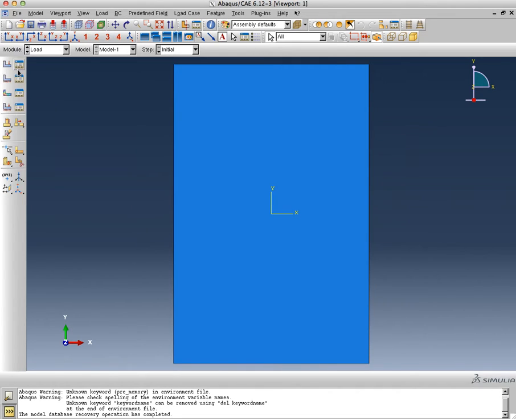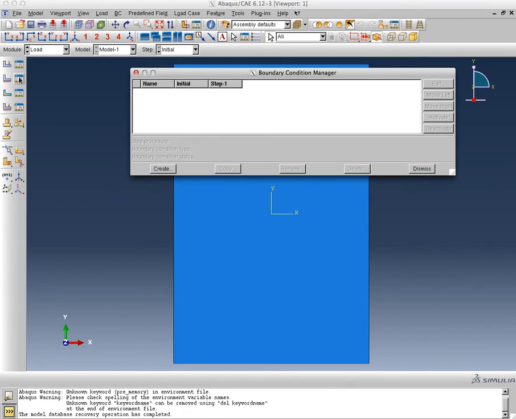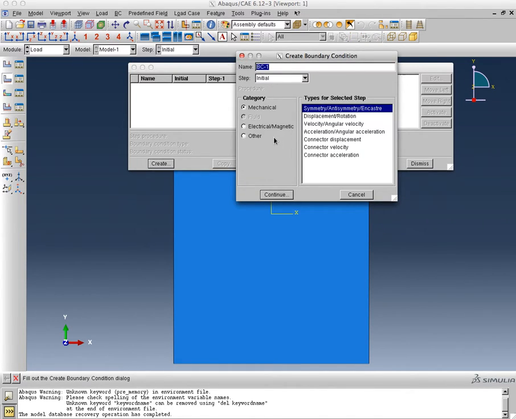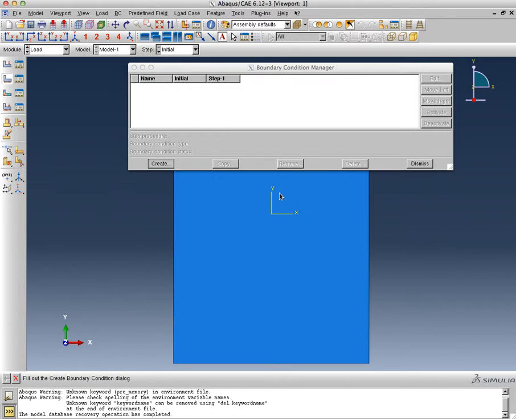In this module, you can specify the loading, and you can also specify the boundary condition. So let's start with specifying the boundary condition. I'll click on that icon and say create. And it's asking me what type of a boundary condition do I want. I certainly want a mechanical boundary condition, and it's going to be one on displacements and rotations. And I'm going to pick the bottom edge. It's asking me to select the region of the boundary for the boundary condition, and I'm going to just select the bottom edge like that. I'm going to click done,